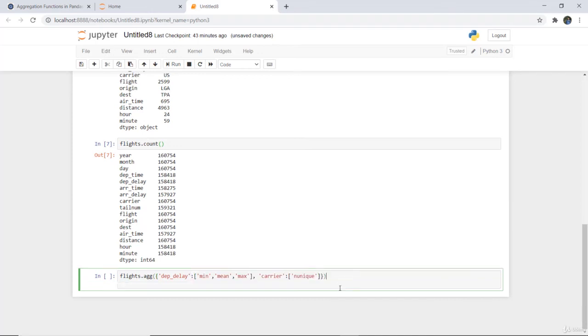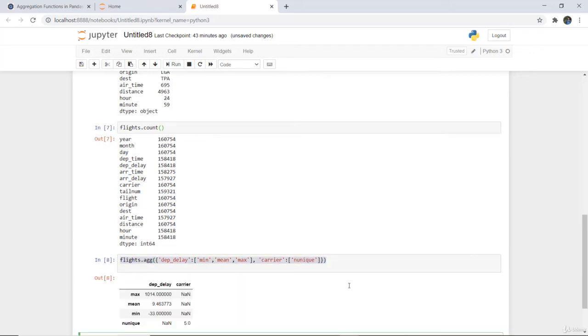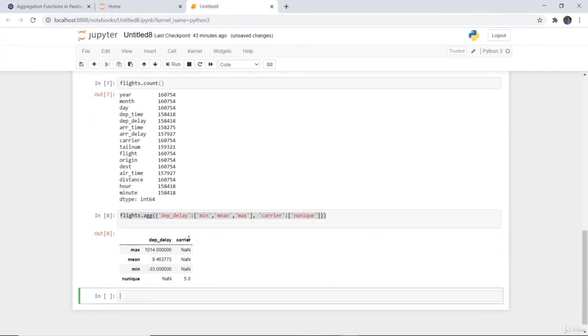For example, here I have calculated for departure delay the minimum, arithmetic mean and maximum, and for carrier I have used nunique. When I execute this, you can see that for carrier we are not calculating the max, so it returns not a number. For carrier we are not calculating the mean, so it returns not a number. Similarly, the minimum value we are not fetching for carrier. That means I want to compute different stats for different columns. For departure delay I am computing min, mean and max, and for carrier I am just calculating nunique, that means display the number of unique values. So it is displayed there, and for departure delay we are not using nunique, so it returns not a number.